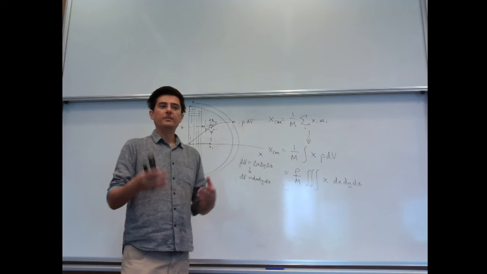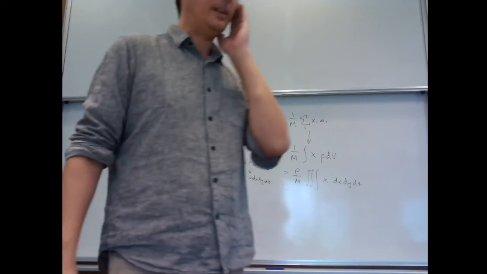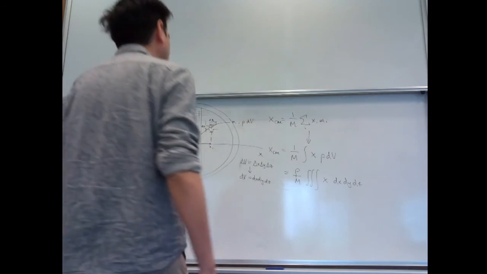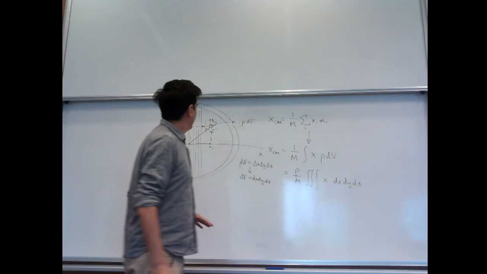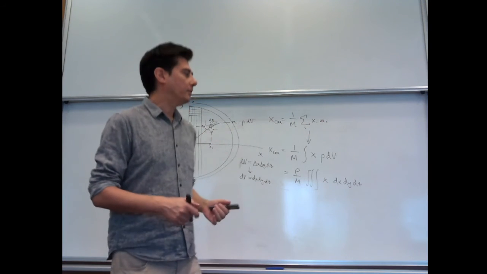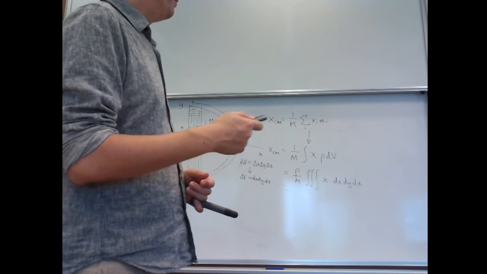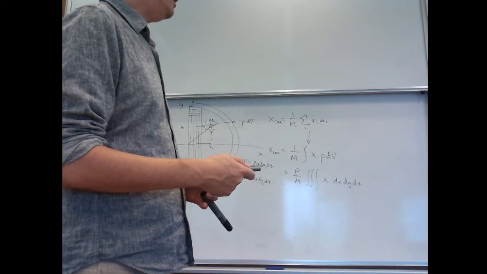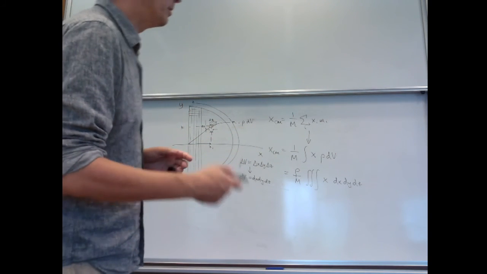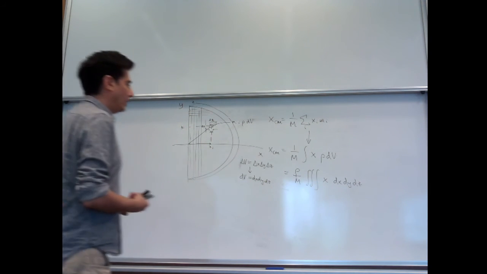You basically just do the integral many times. It's actually not as hard as it kind of looks, but I think you want to keep the concept of what you're doing here in mind. So, okay, yeah. This is how you work out the center of mass for a continuous body. You basically do it by integration, and